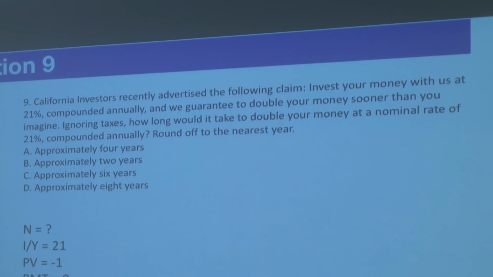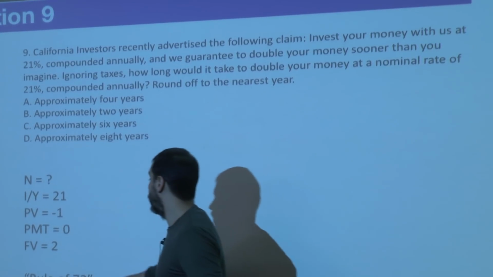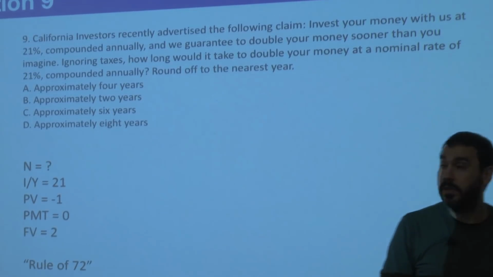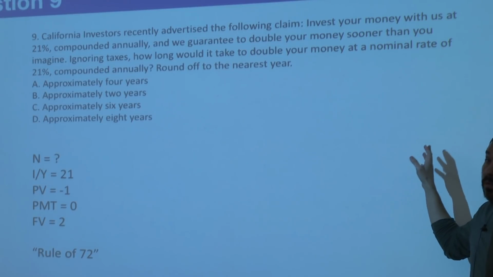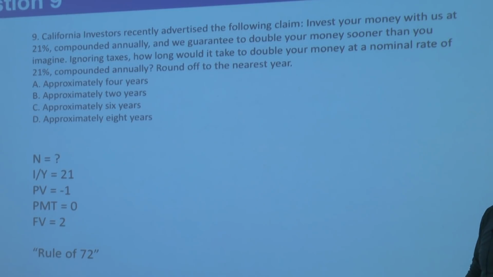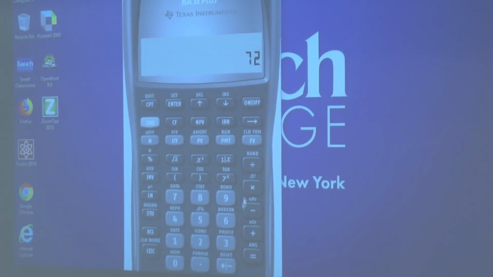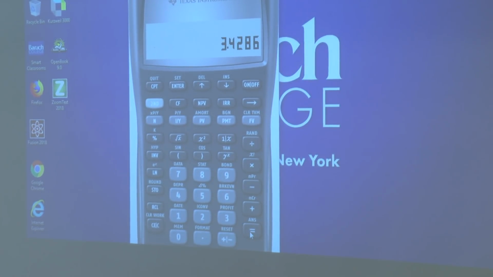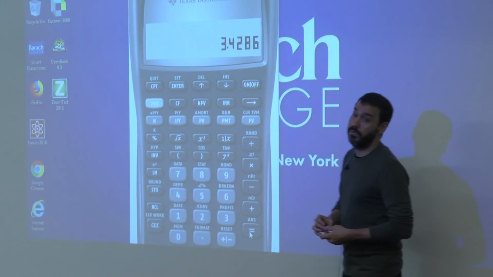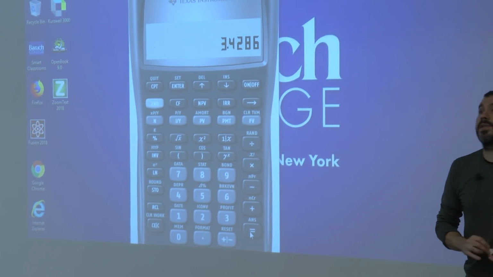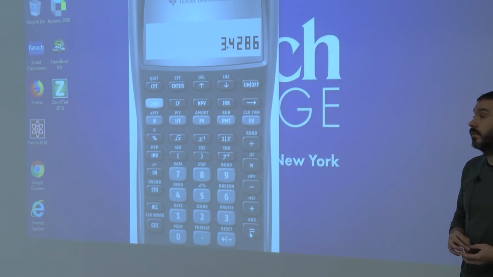There's also the rule of 72. I don't know if you remember it. The rule of 72 means that you divide 72 by the interest percentage. So in this case, it would be 21. And that's roughly the amount of time to double. So in this case, you would just have 72 divided by 21. You get 3 point something. More than 3 and less than 4, basically. It's not super precise. It's just a back of the envelope kind of computation